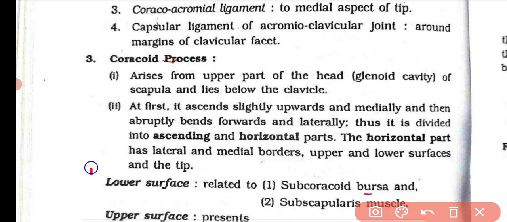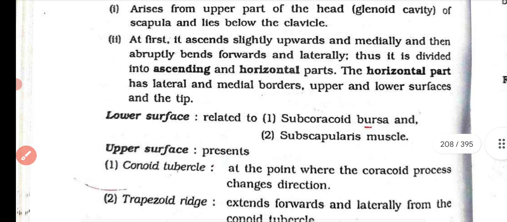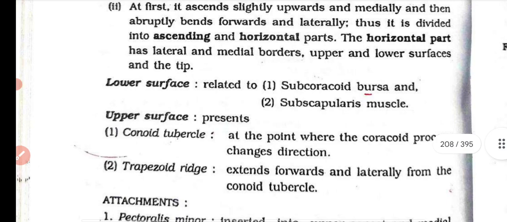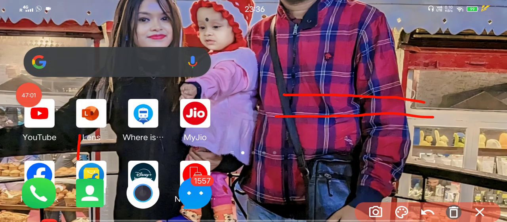The horizontal part has lateral and medial borders, and upper and lower surfaces. The lower surface is related to the subcoracoid bursa and subscapularis muscle. The upper surface